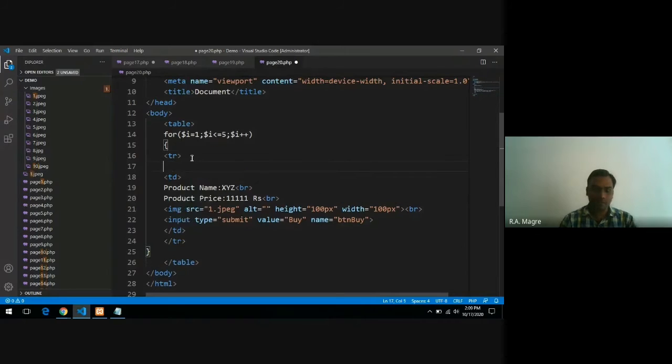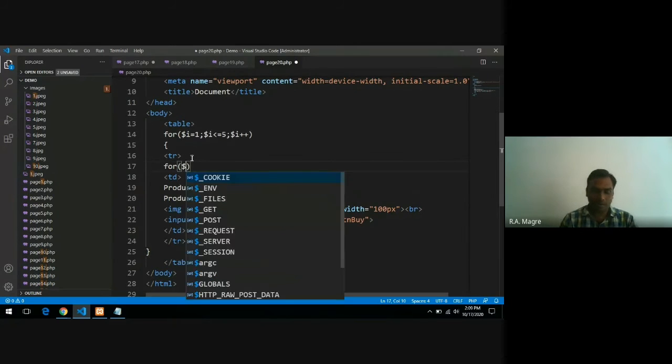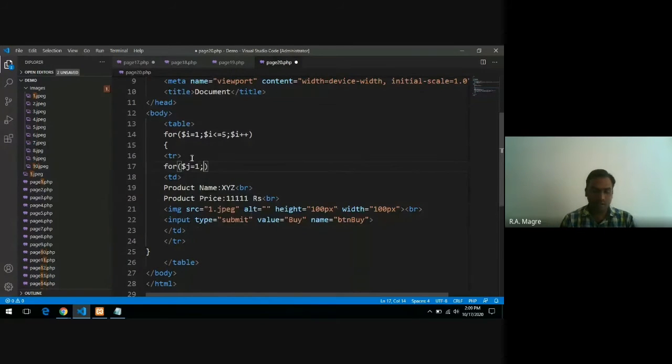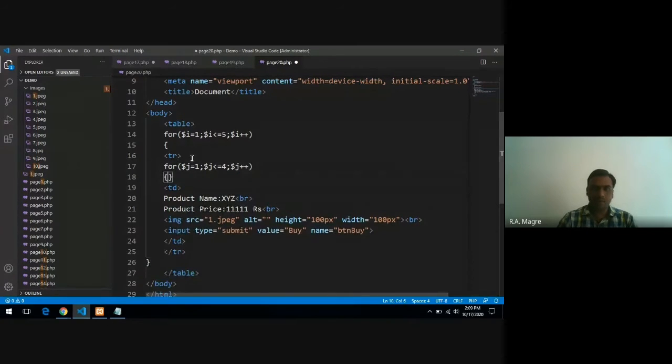So this TD I will take for $j equals to 1, $j less than equals to 4; $j plus plus. So this inner for loop repeat this TD, and outer for loop repeat the TR. For every TR, TD will repeat 4 times.